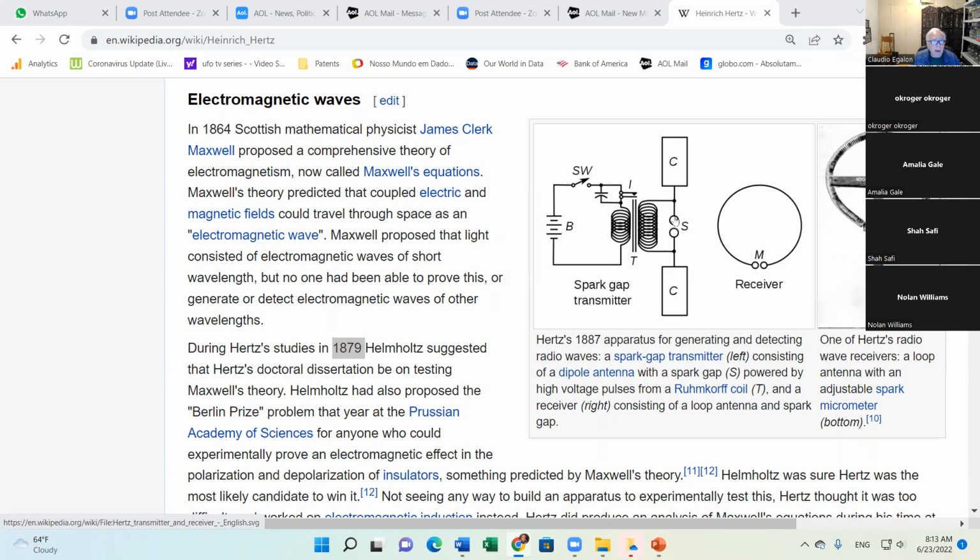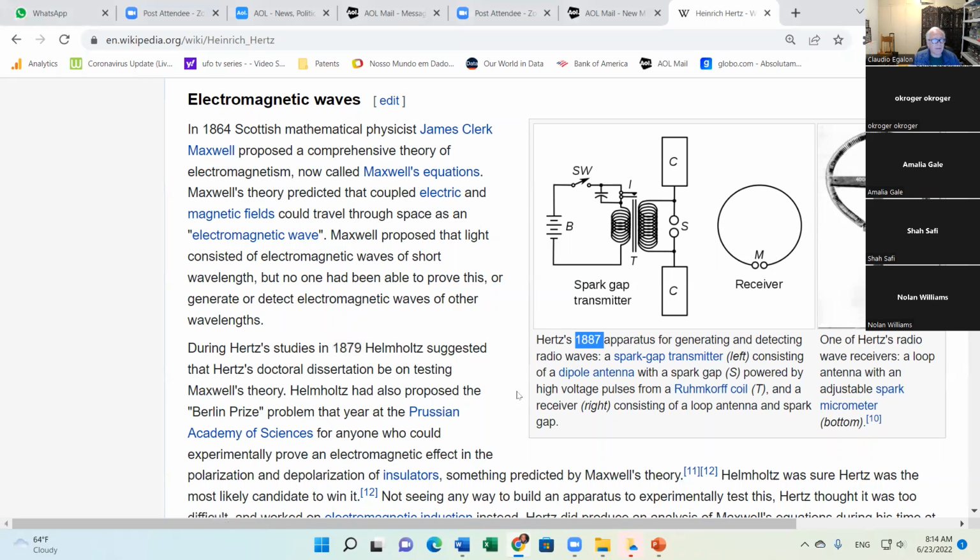Okay, there was a spark right in here that was generating an electromagnetic wave, and this spark was also being observed right in here, although not as intense as the other one, right? But it was also being observed right here. And don't forget, this receiver didn't have any power source whatsoever. So the only way that there was a spark being generated right here was due to the circuit here on the left side. Okay.